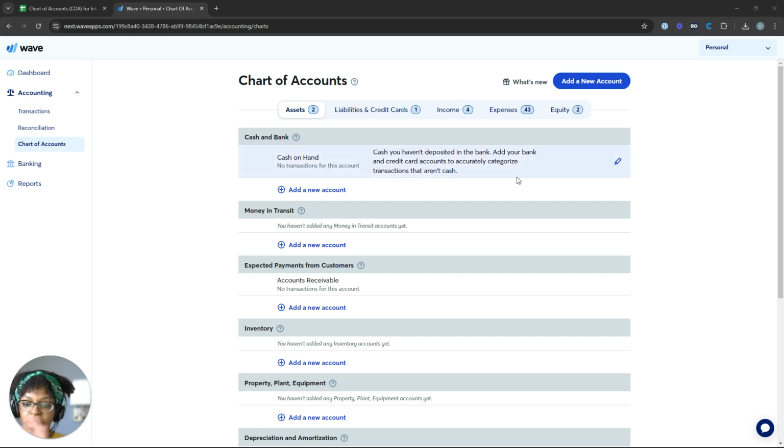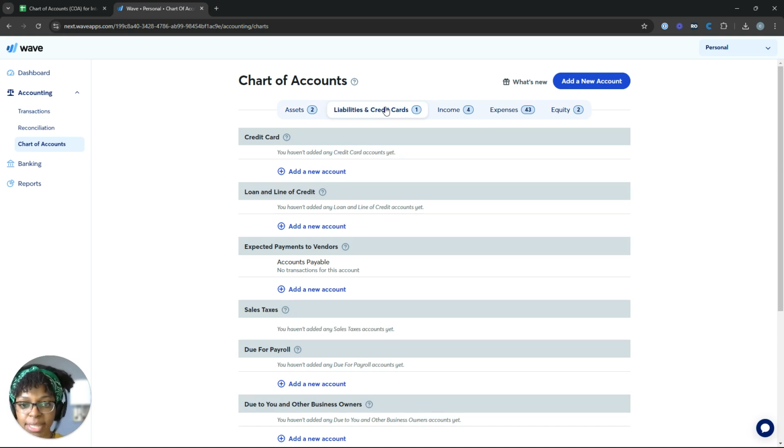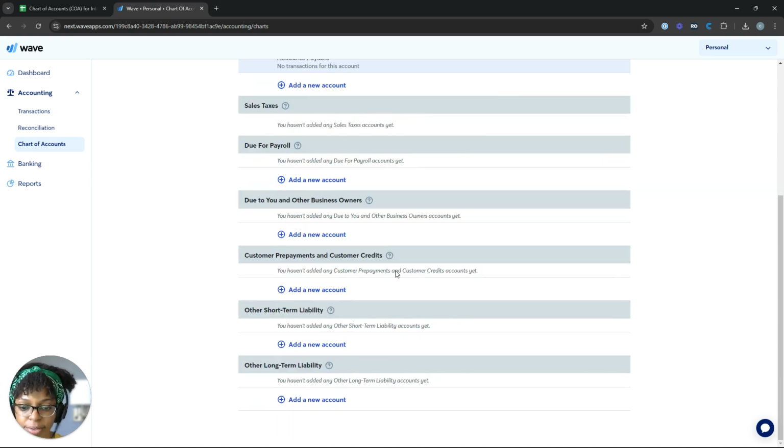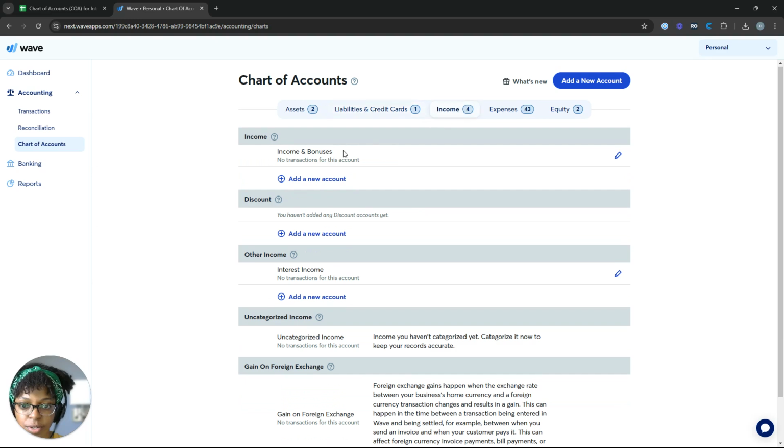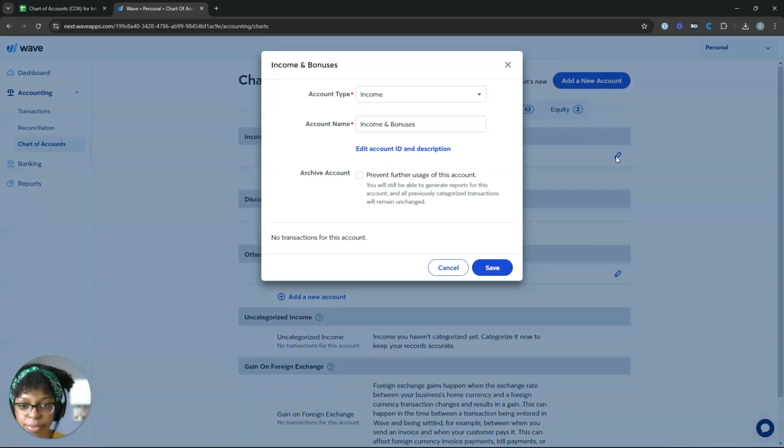And so right now, there's just what Wave automatically adds in here for some chart of accounts. So you can notice there's one called income and bonuses, interest income. So this is automatically in Wave. And QuickBooks, Xero, they usually have accounts already in there, but you can change the name. So you can notice here it says click to edit, and you can change the name of it,